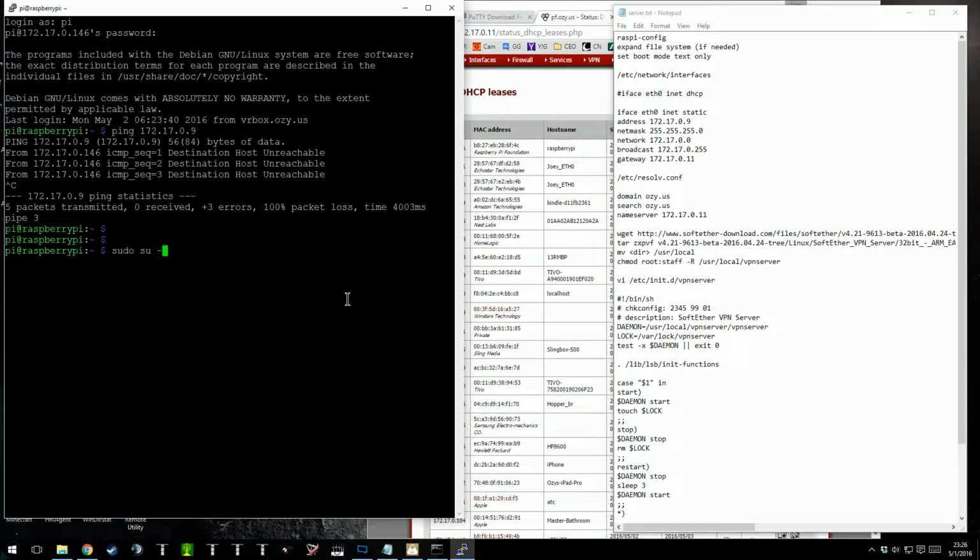So to make it easier, I'm just going to sudo to root. Normally the sudo command means that you type sudo, space, the command you want to use, and it executes as the super user. It executes it and then returns to the user you're in. That can kind of be a pain in the butt. So I'm going to type sudo su dash, and that puts me as root, so I don't have to do that every command. So in Debian, which is what this is a spin of, under the etc network directory